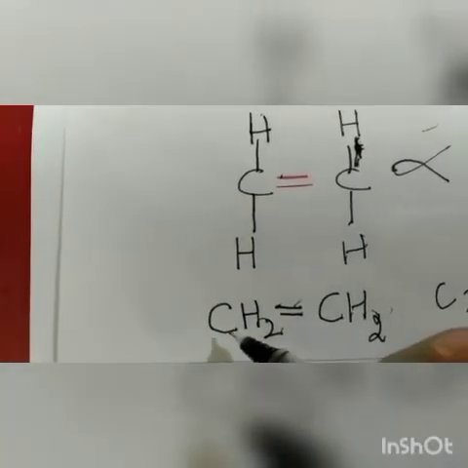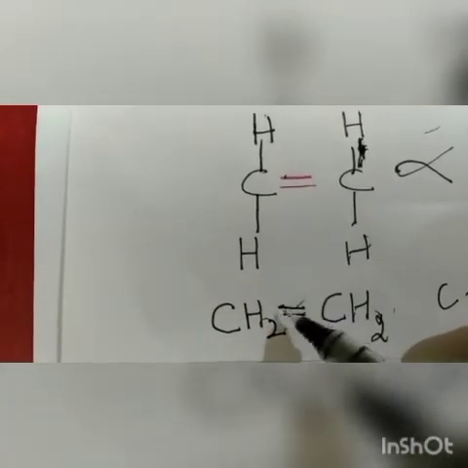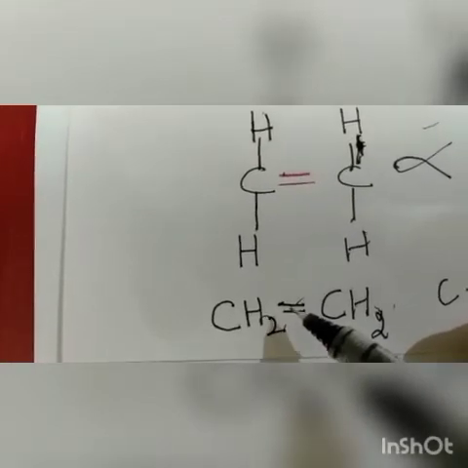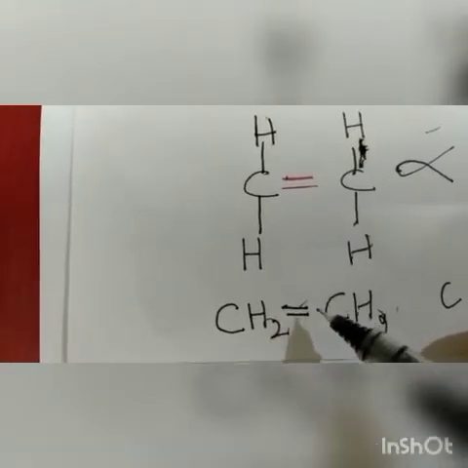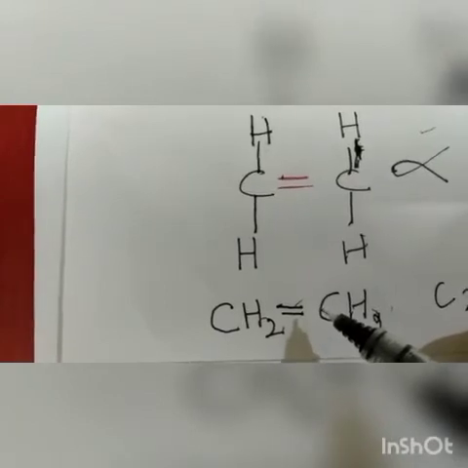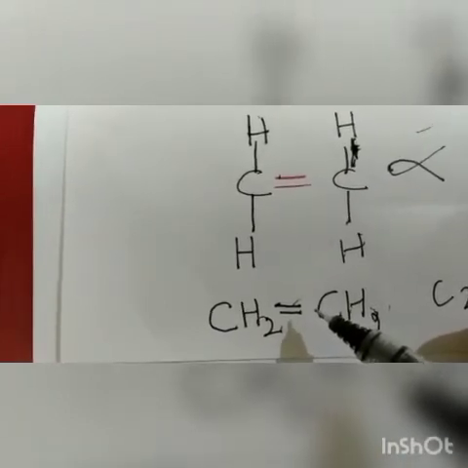H4. Okay, now suppose this structure is given to you, and they ask you whether it's correct or not, how will you check it? This carbon and this carbon, how many electrons are there? Double. As I have told you many times, this double bond will be between carbon and carbon, because hydrogen has only 1 electron, so it will share only 1. So there will always be a carbon-hydrogen single bond.